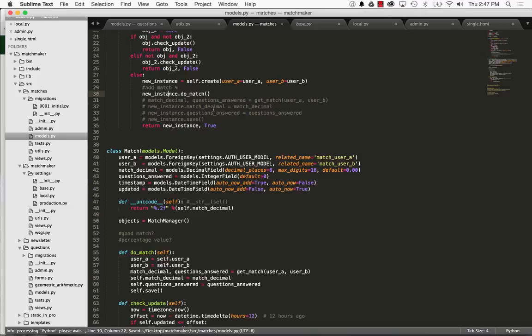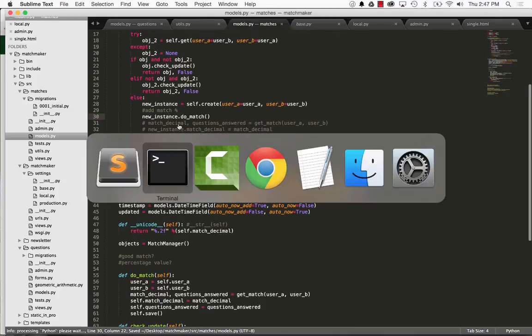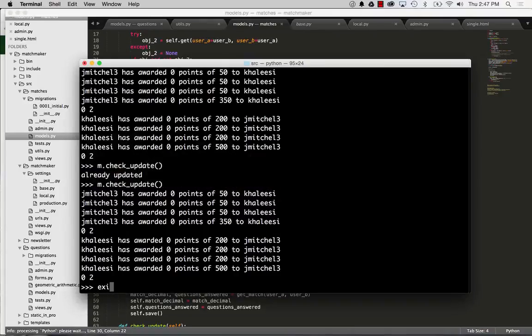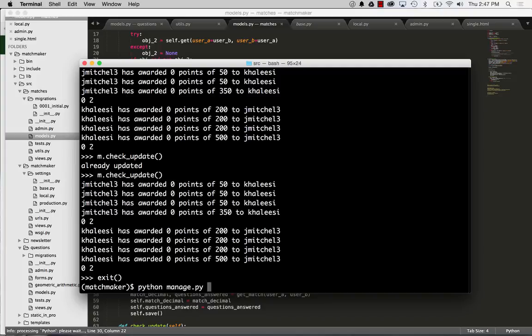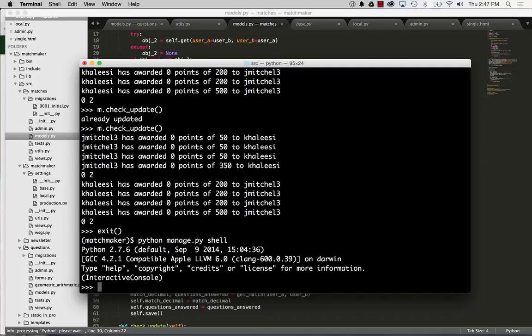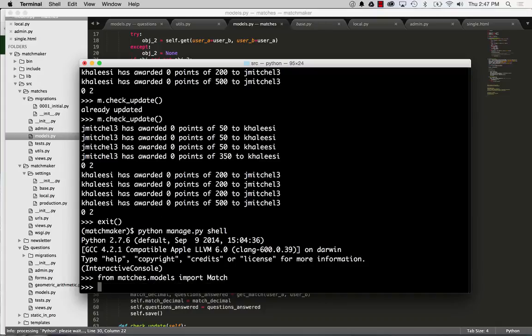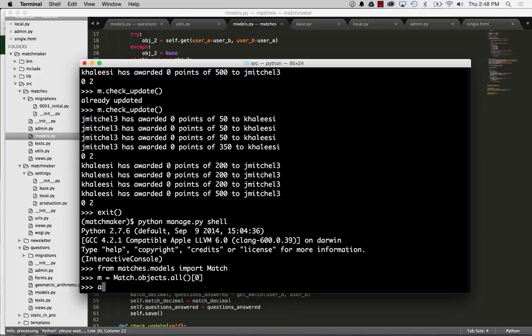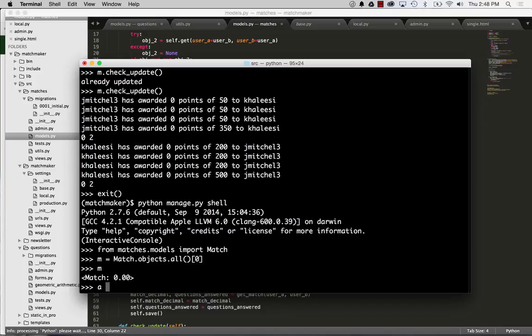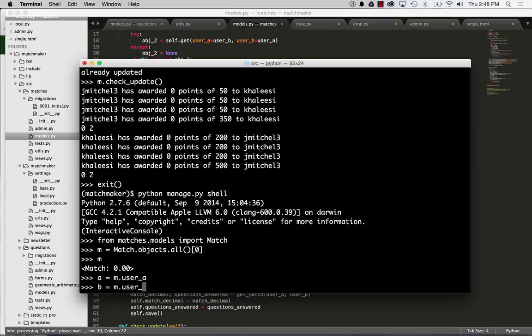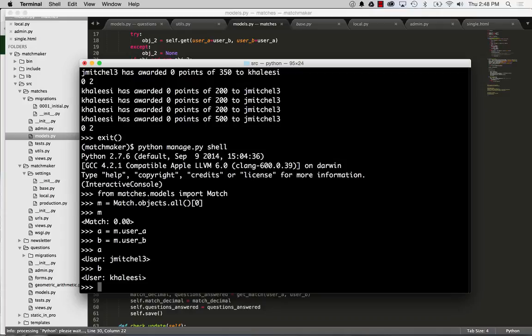All right, so now that we've got this, let's go ahead and try this out with a few things. Let's exit the shell first. So python manage.py shell, and we will import it again. So from matches.models import Match, and I'll just say m equals Match.objects.all, and it's going to be that first one. Then I'll set A to m.user_a, and B to m.user_b. So A and B are those users, and then I'll just delete with m.delete,